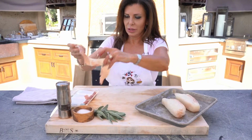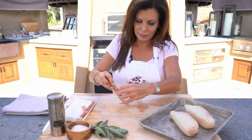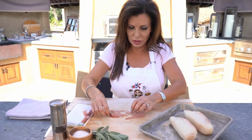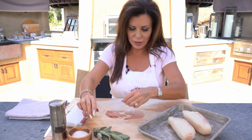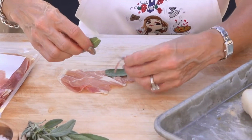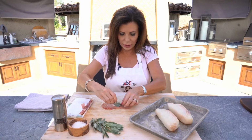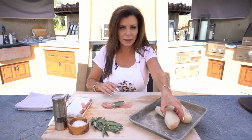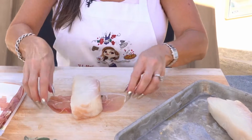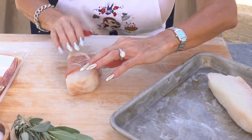All we're gonna do is take a nice piece of prosciutto, super simple. Oopsie. I let this come to room temperature just a little bit, so it's not quite so sticky. Then, let's take a couple pieces of sage, and we're just gonna run them right down the middle right here. It's my grill heating up. And then I'm gonna take a piece of halibut, it's about a half pound of halibut, put it right there in the middle, and then I'm just gonna wrap the prosciutto right around it, just stretch it a little bit